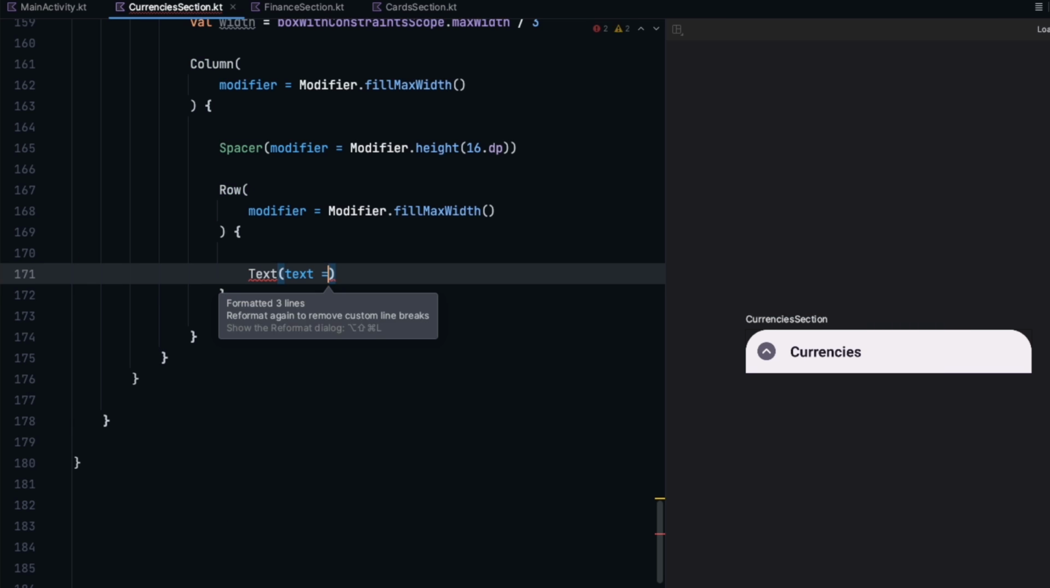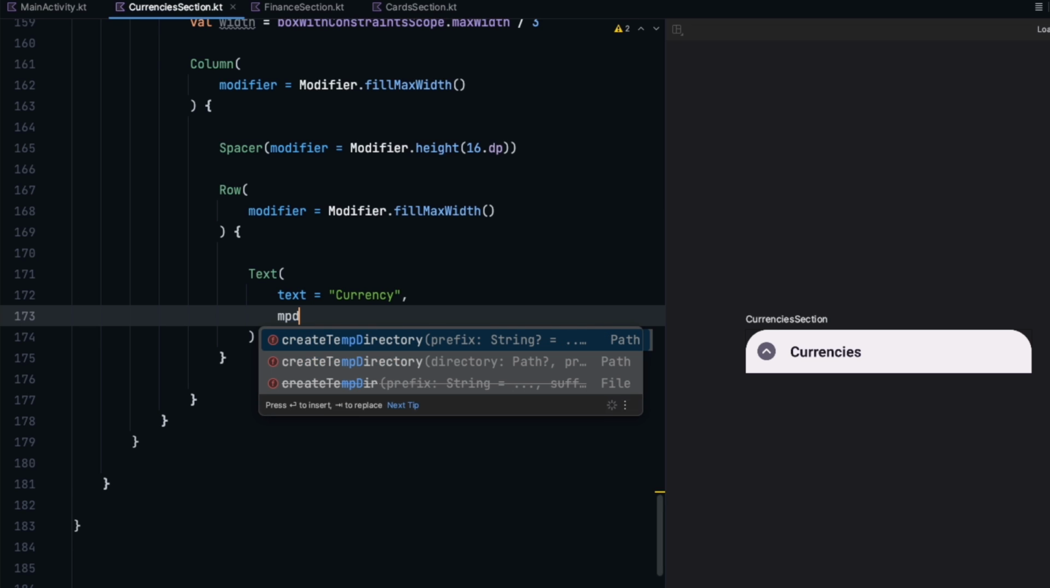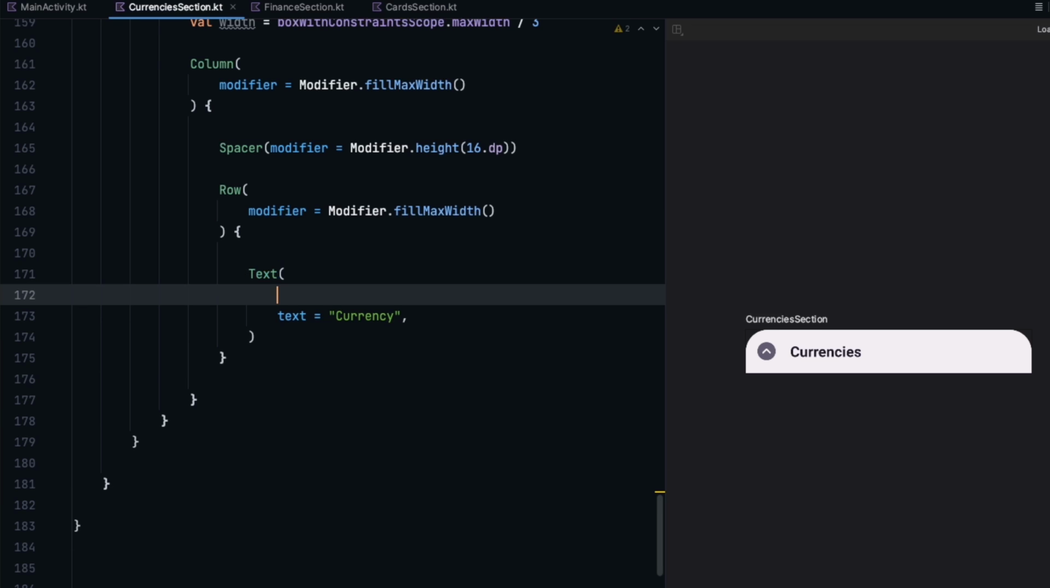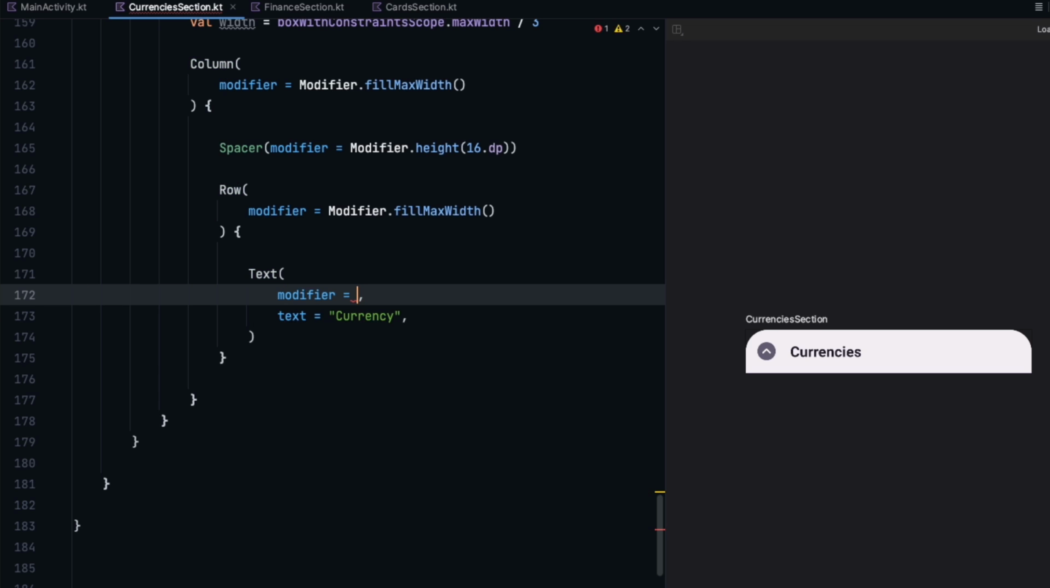Let's form it manually. So the text is going to be the first one, guarantee, just guarantee actually. And then the next thing is a modifier. We need a modifier, but let's put the modifier at the top. Modifier, basically we need to give it the width. Got this part, the width. So width is going to be of modifier